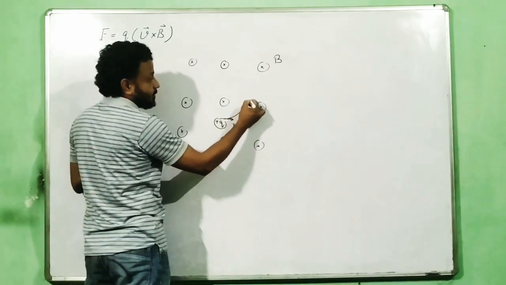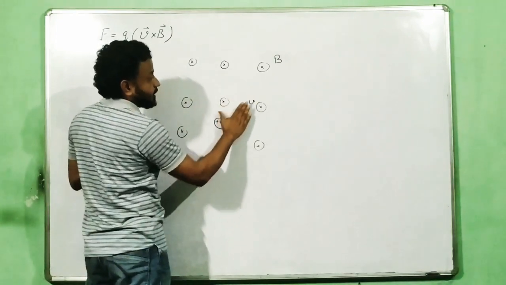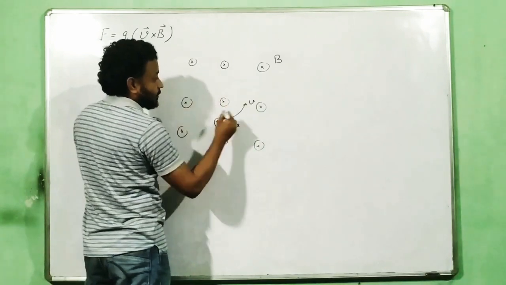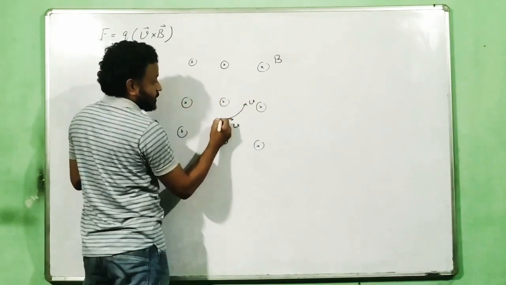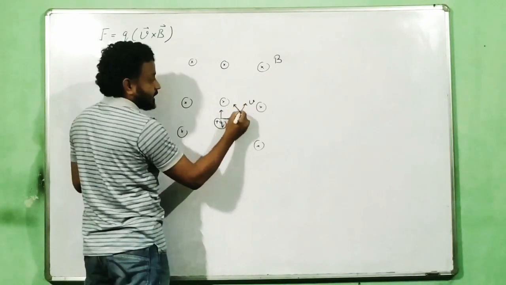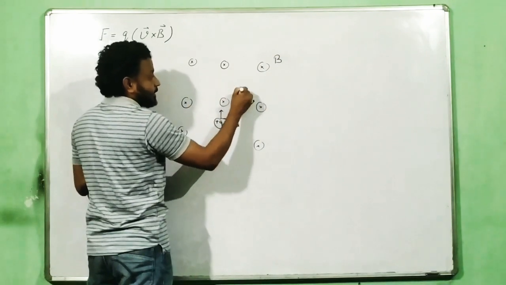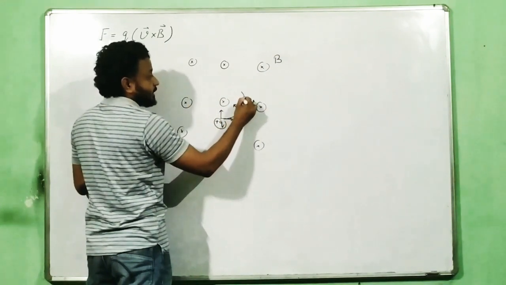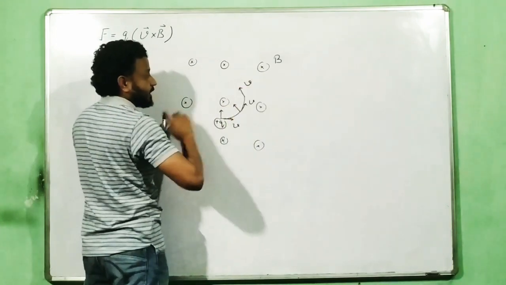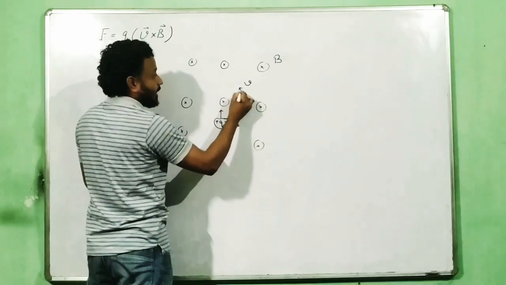Now let us say because of that deflection it reaches over here, and the velocity is in this direction now. So V is in this direction, B is inside the board. So V cross B, the force is now in this direction. Here the force was in this direction, here the force is in this direction. So further the velocity will not be in this direction, it will again take a turn. Like this it will keep on going. Even if I consider the velocity V over here, V cross B, the force will be along this direction. So again it will take a turn.